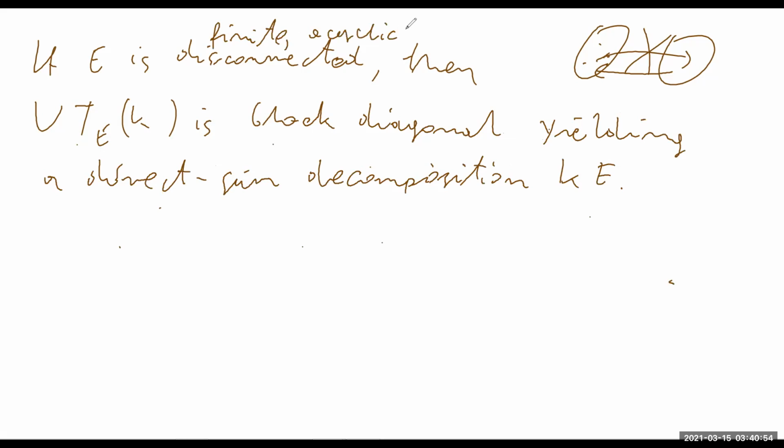So I should have proven this proposition earlier, right? Then it would be like a sneak preview into our rigidity theorem. This says that, okay, if we already have something finite and acyclic, then its path algebra is some kind of upper triangular algebra of matrices. And then if on top of it the graph is disconnected, then this upper triangular matrix algebra is in fact block diagonal, which means that we have this direct sum decomposition of our path algebra into the direct sum